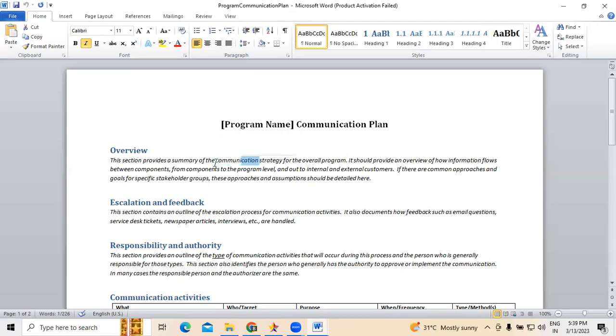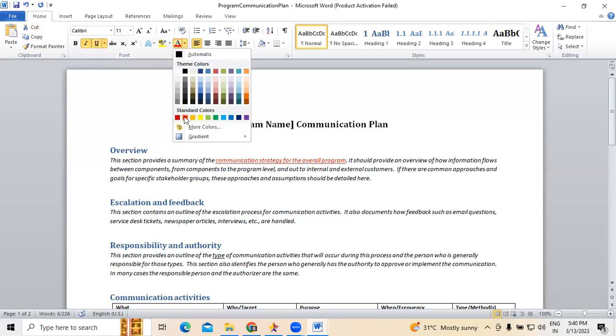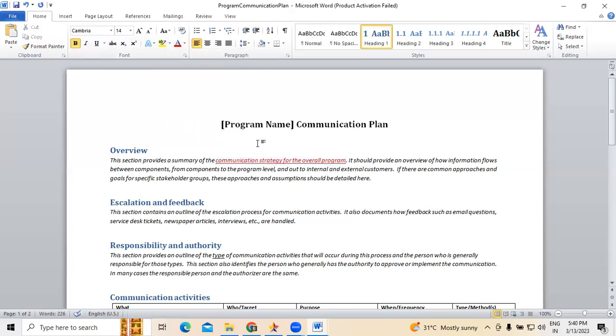Let me underline this point so that it will be understood well. This is what communication strategy of the overall program is all about.